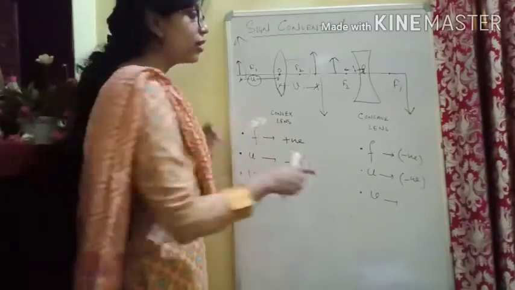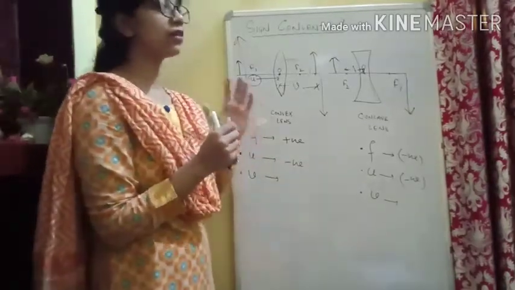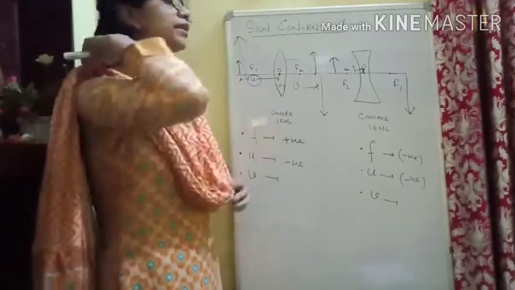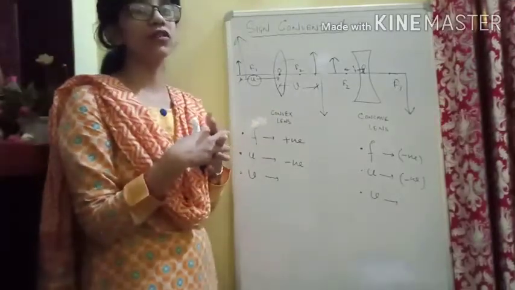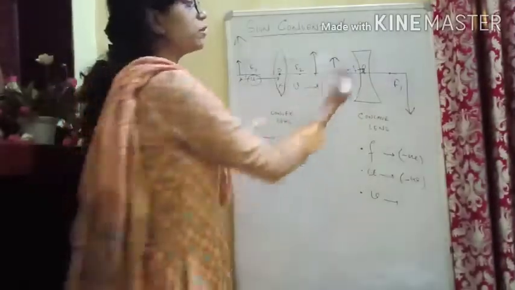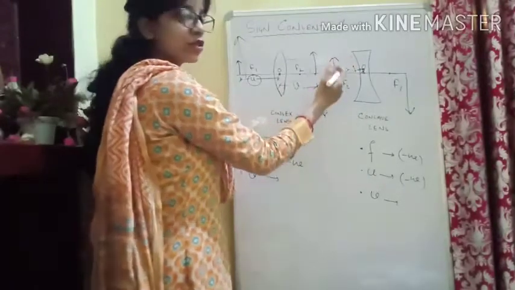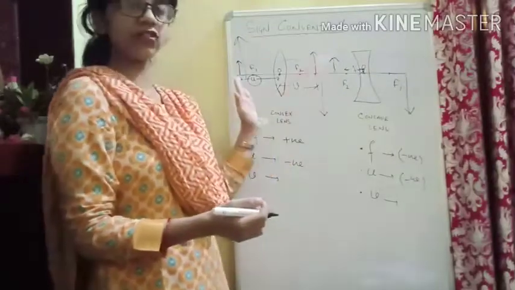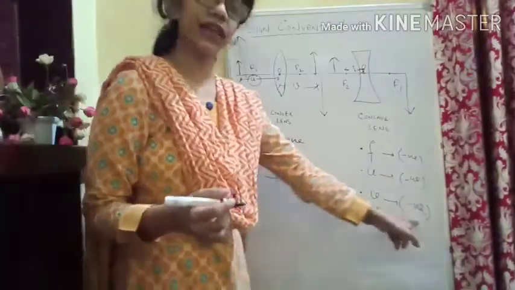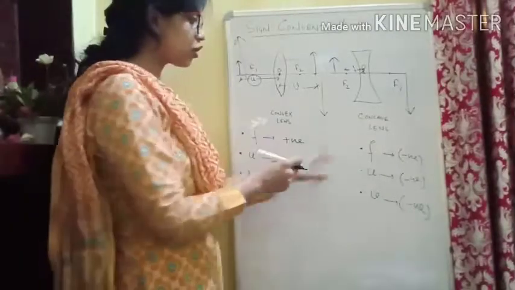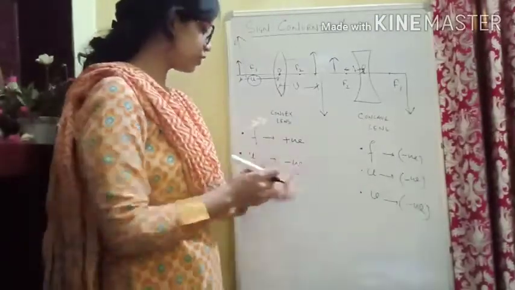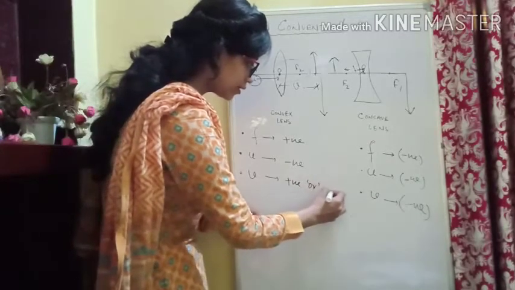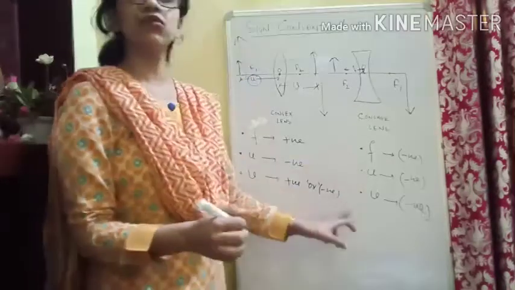Now let's talk about concave lens. In concave lens, we discussed 2 cases, if you remember, and in both cases the images formed were virtual. We have the object on the left hand side and the image formation was also on the left hand side. That means if it is on the left hand side, we will also have negative. Now let us recall these points, you are going to remember them, as we are going to use them. It can be positive or negative. Okay, now we are going to use this in numericals.